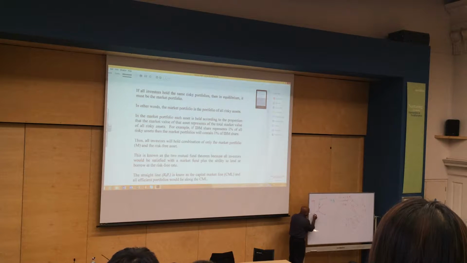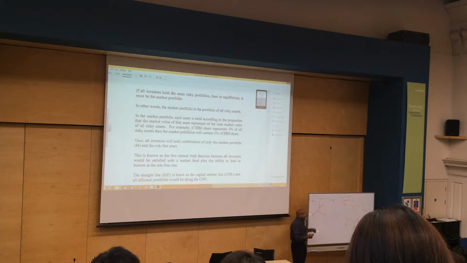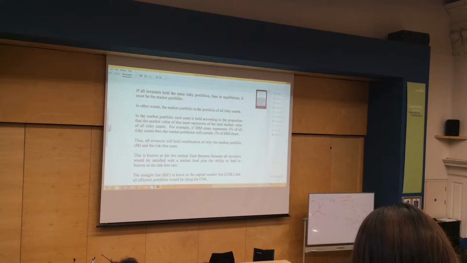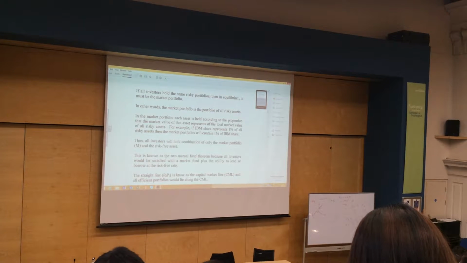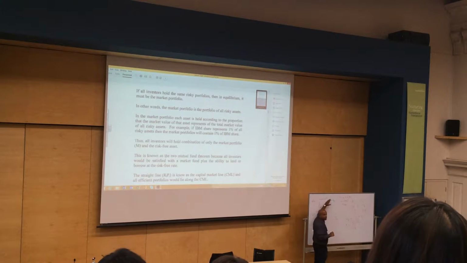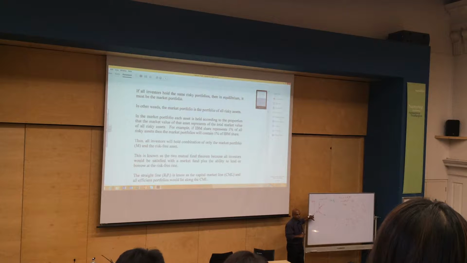As you move along this line, you are moving money out of the risk-free asset into portfolio PI. And once you cross, not only do you move money out of your risk-free asset, you're borrowing money and putting it into PI. The less risk averse you are, the higher on the line you are. The more risk averse, the further down you are. Over here, you don't want to play the market portfolio, you're too scared.